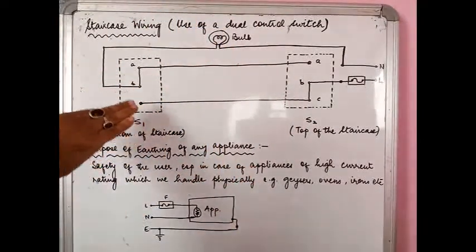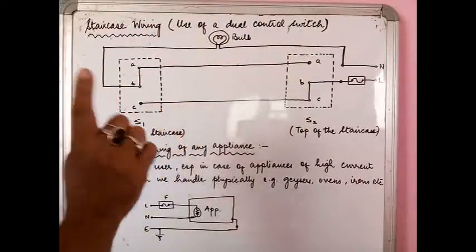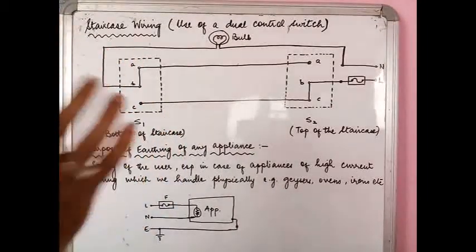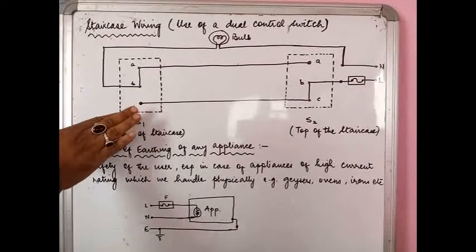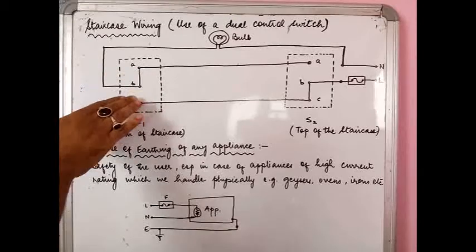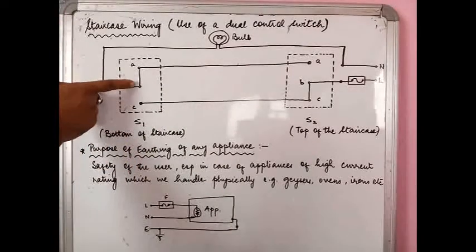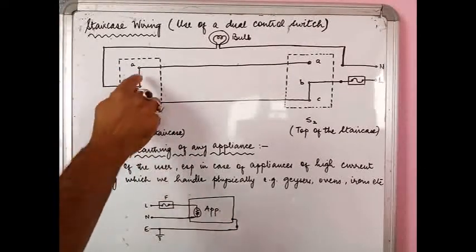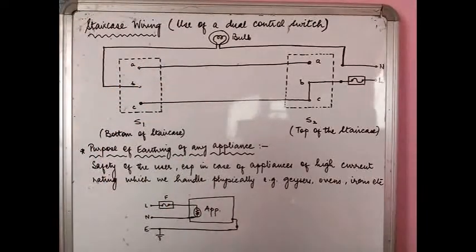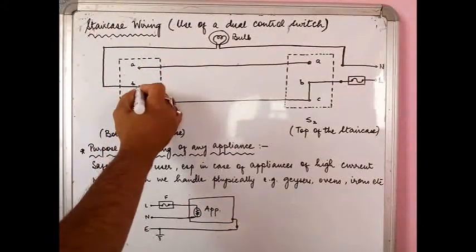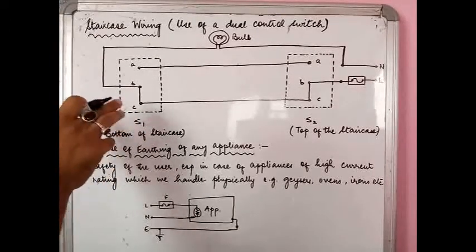You are standing right at the bottom of the staircase and you want to climb up. There is darkness on the staircase, so you cannot climb as long as the bulb is off. So we have to switch the bulb on. The person standing over here, since you are going to climb, is going to operate this two-way switch. You see, this is that part of the switch which will come down and get connected here. So I will now simply use this particular switch. From this particular position, it has come down like this. So you have made use of this switch S1 at the bottom of the staircase.